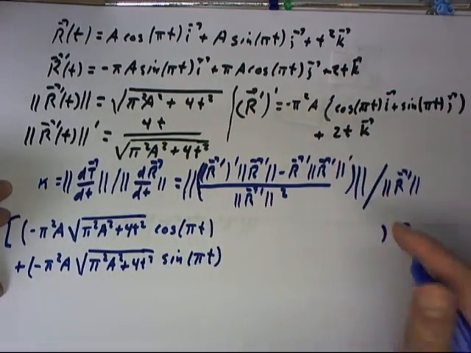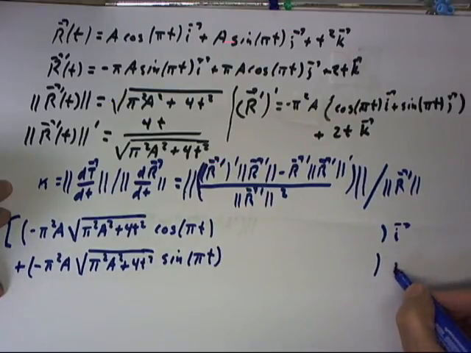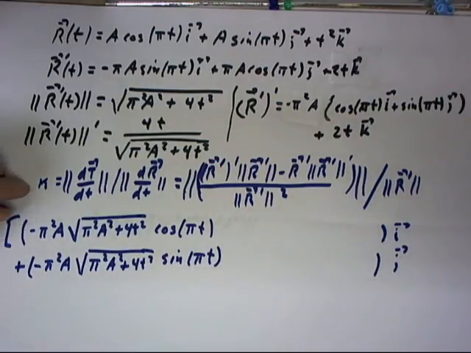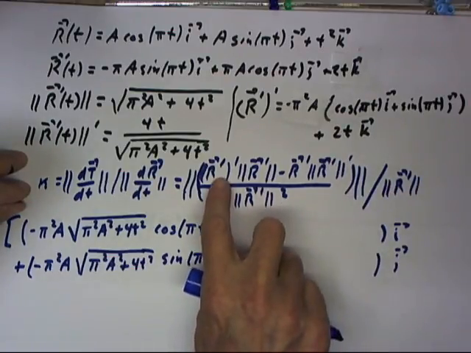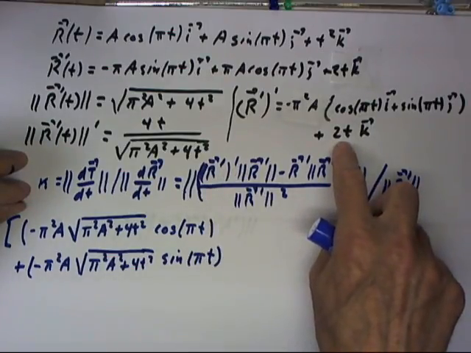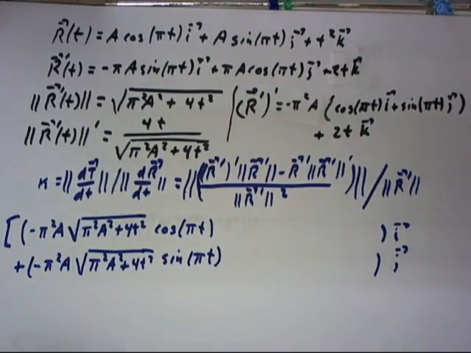There's going to be more again from the second part of our numerator, but that's going to be times j. And then what times k? Well, our r double prime just has a, it actually doesn't have a 2tk. In fact, the k component is just 0,